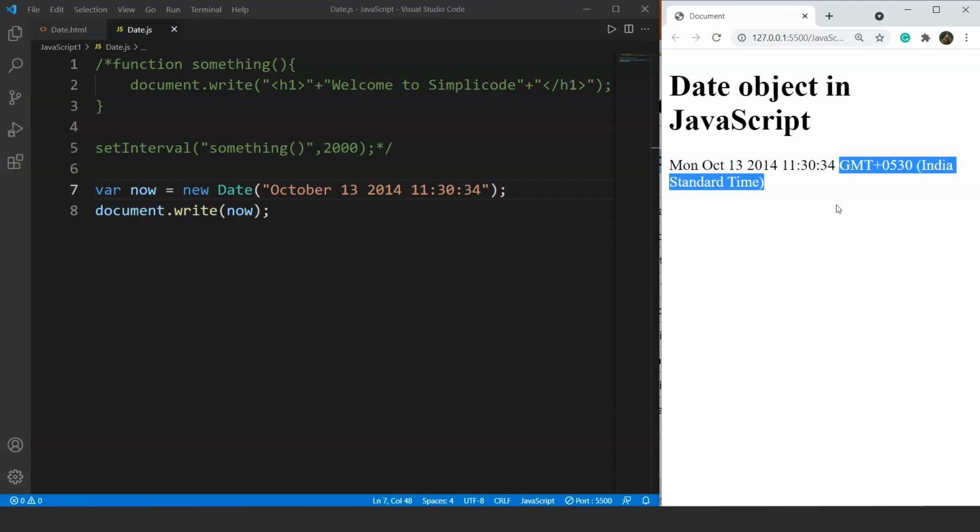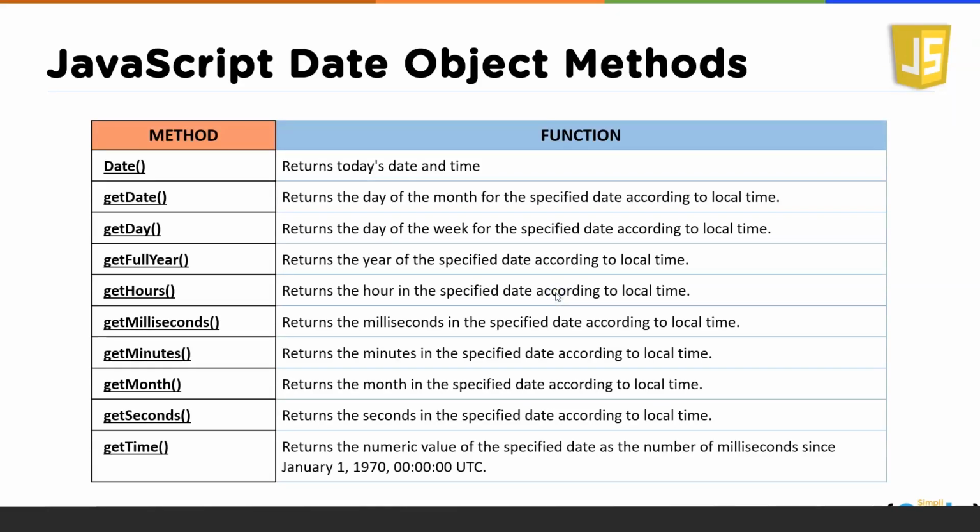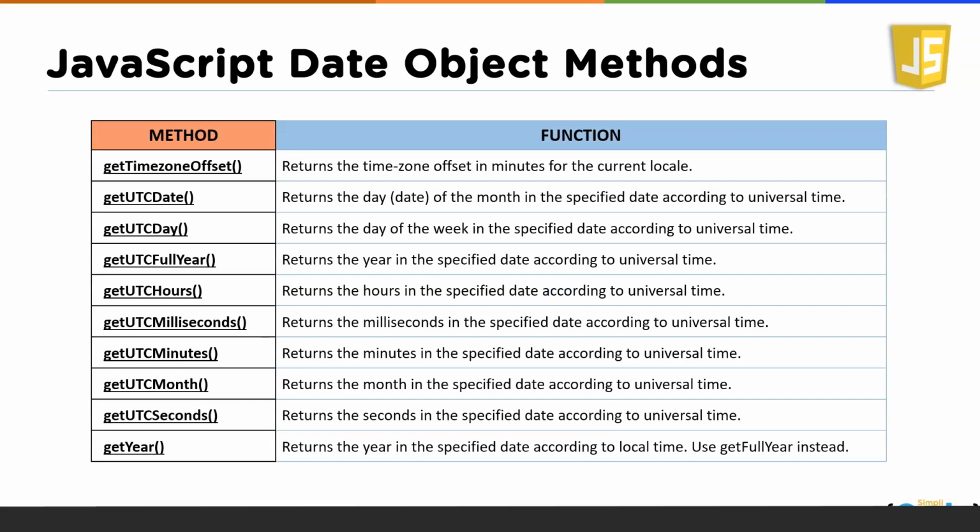Moving on, let's talk about the methods present within the date object. Just like we had methods for the Math object, similarly in the Date object methods are also present. In fact, more than 40 different methods are present within the Date object. Here's the list of methods present within the Date object. We have a list of methods having a variety of usage. You can pause the video and take a screenshot, or if you want to note them down, you can do it as well. It's totally up to you guys. But these are the methods we have in the Date object.